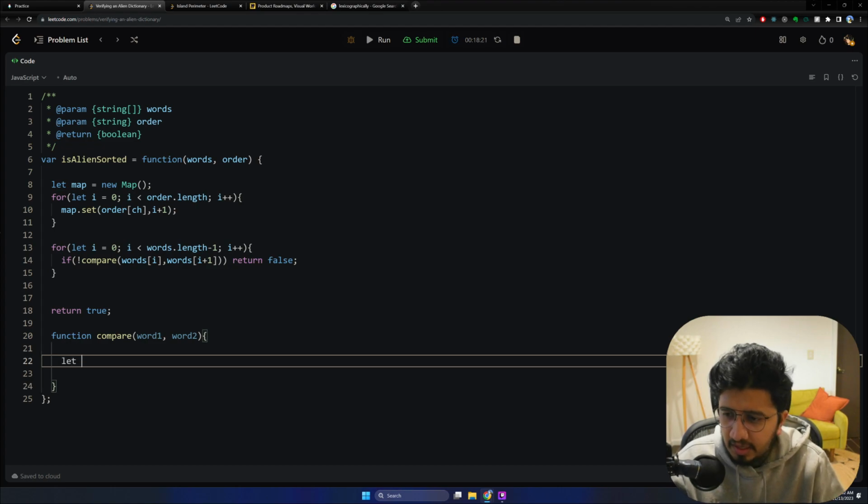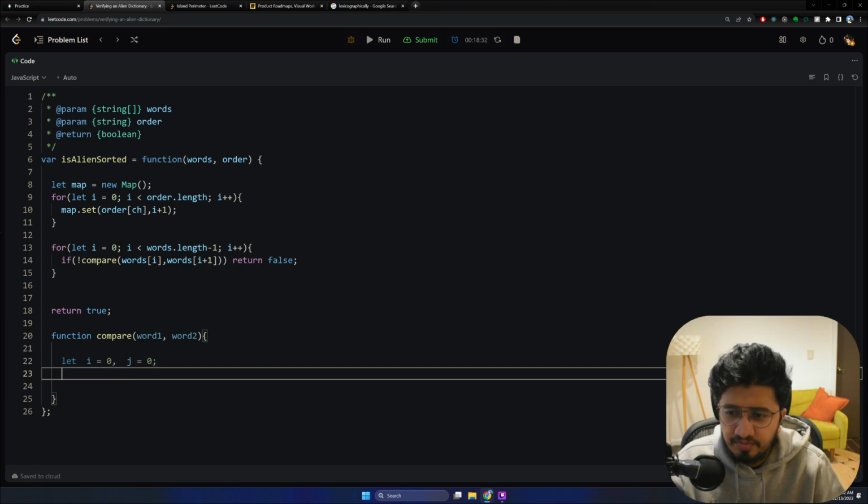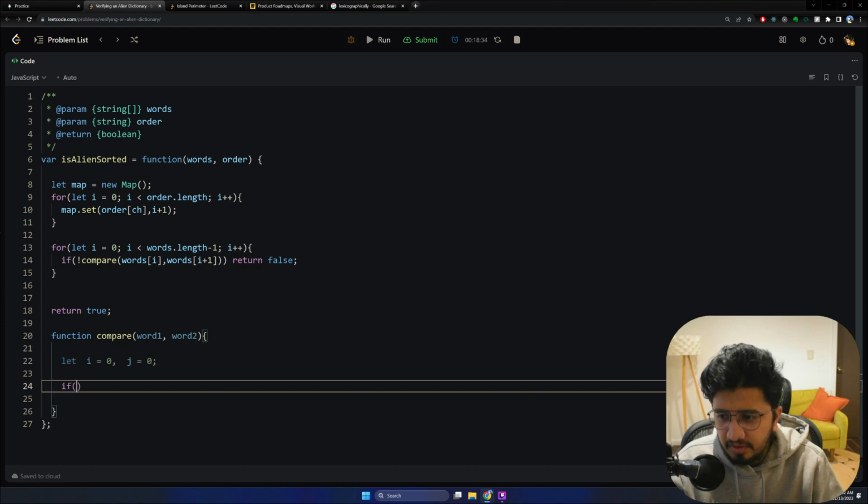Let i is equal to 0 and j is equal to 0, and while i is less than word1.length and j is less than word2.length,